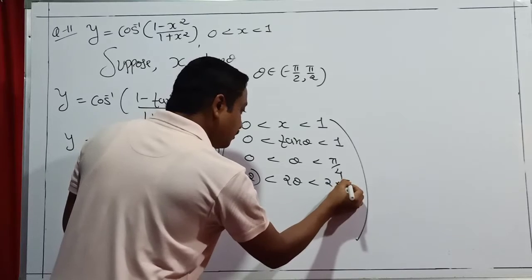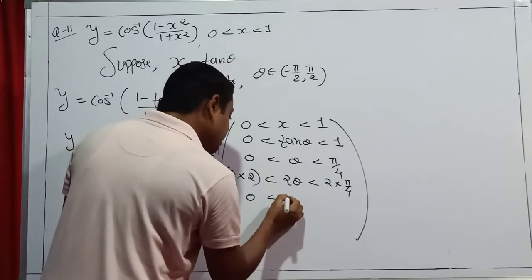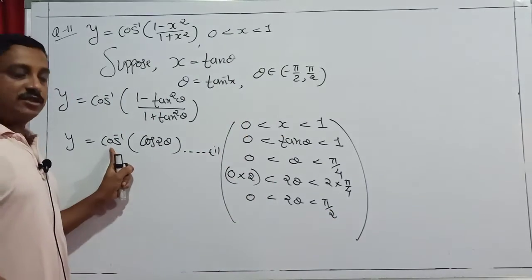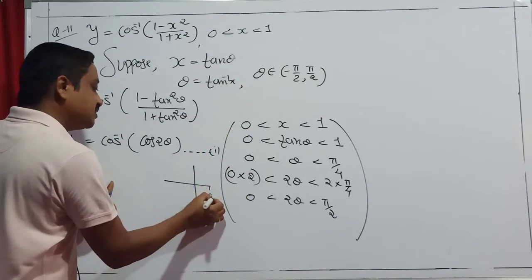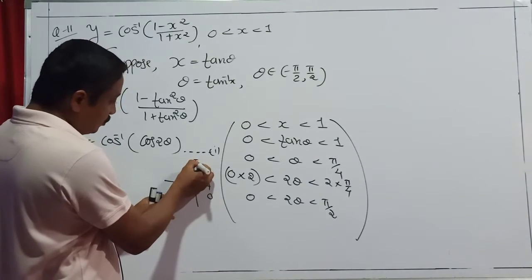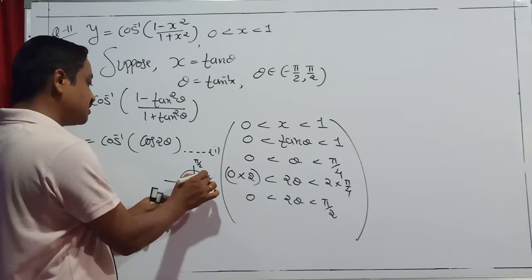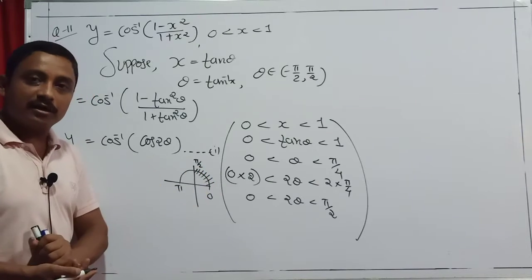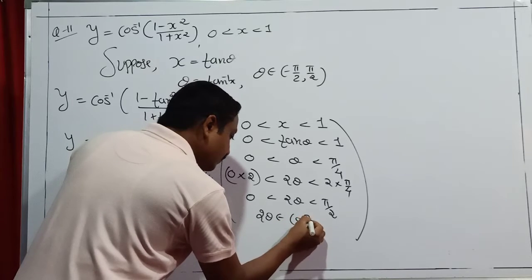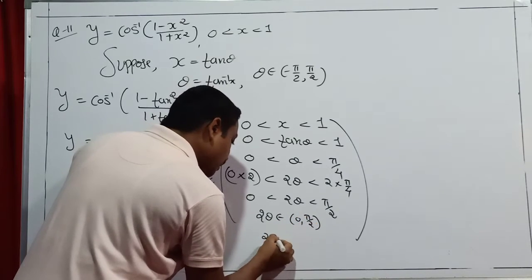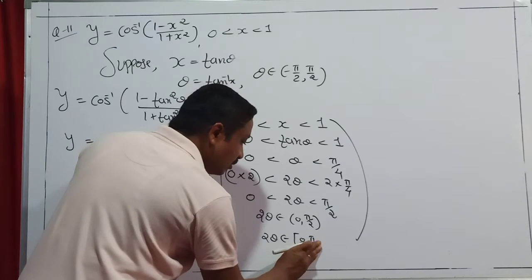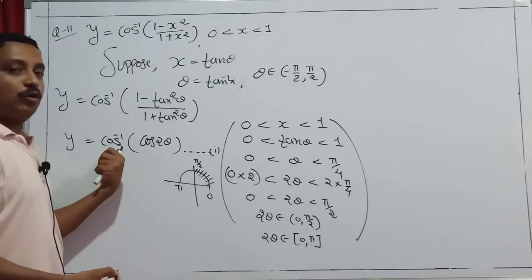And here also multiply by 2. So necessary, you just get your range 0 to 90. What is the range of cos inverse? Yes, it is 0 to pi. And I am getting 0 to pi by 2. It means in this range our 2 theta is available. That's why I write down 2 theta belongs to 0 to 90. It means it belongs to the closed bracket 0 to pi by 2. Sorry, 0 to pi. This range is covered by our question.